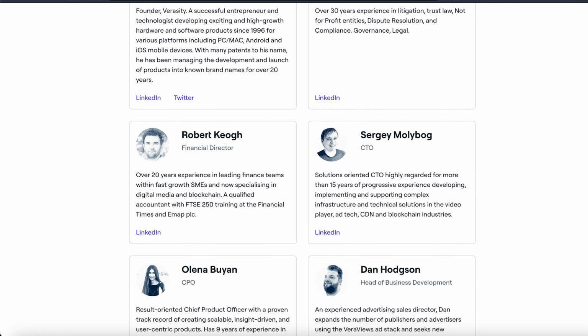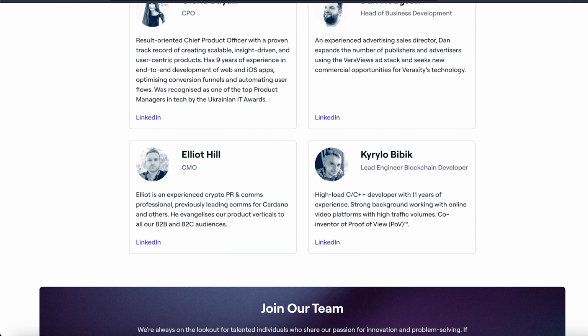But let's move forward. What we have here, we have a team of 24 people. Everybody has experience. Nobody is actually 20 years old, which is new for startups. However, Verasity has also been here since 2018. So it is clear to me from this team section that the people working here are experienced. But what is happening with that token burn, with the war chest burn?